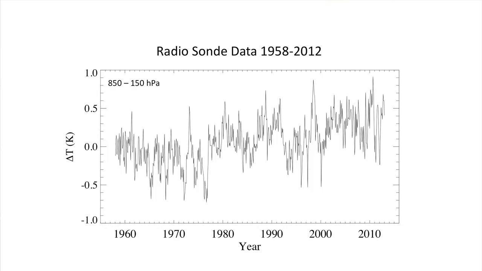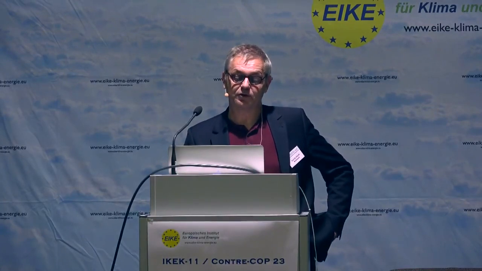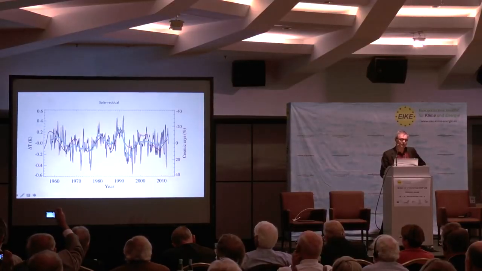We have the volcanic eruption, I think here in 91, Pinatubo. But if you then do a regression, that is, somehow you remove these fluctuations and you look at what is the residual after you remove the volcanic and the El Nino, you get a result that looks something like this, where the blue curve, or the fluctuating curve here, is the change in temperature.